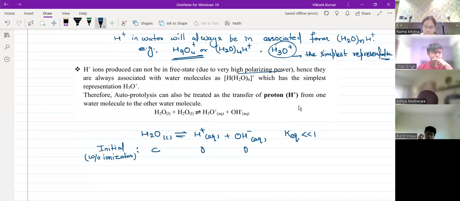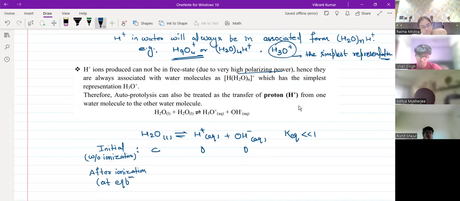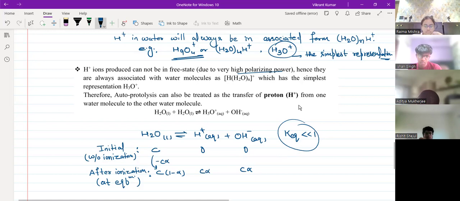But right now, after ionization or at equilibrium, suppose its degree of ionization was alpha, then C alpha will be consumed, this we have learned. This was becoming C into 1 minus alpha, so this will become C alpha, this will become C alpha. Now, like I told you, this is extremely low. I'll tell you the number; shortly it will be clear what the number is. So this can be written as C only. If I say alpha